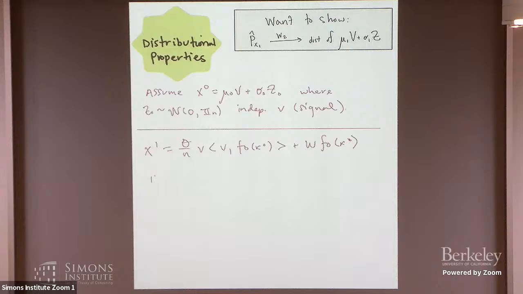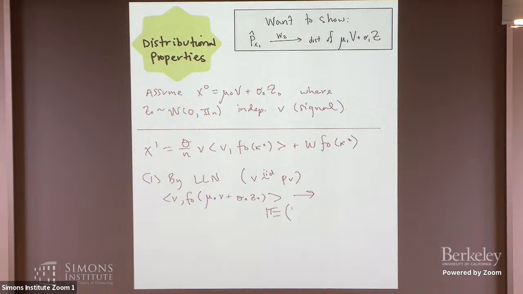The first point is that by law of large numbers, assuming that V is IID from P_V, what do we have? This inner product